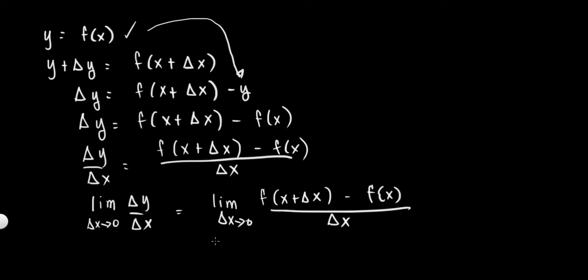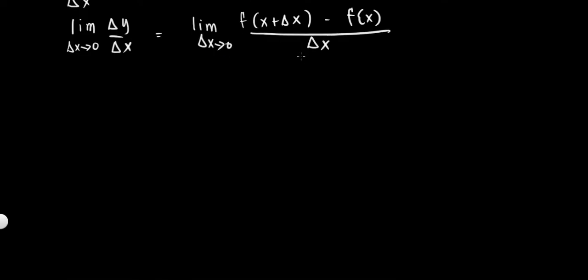Okay, now the limit of delta y over delta x as delta x approaches 0 is also dy over